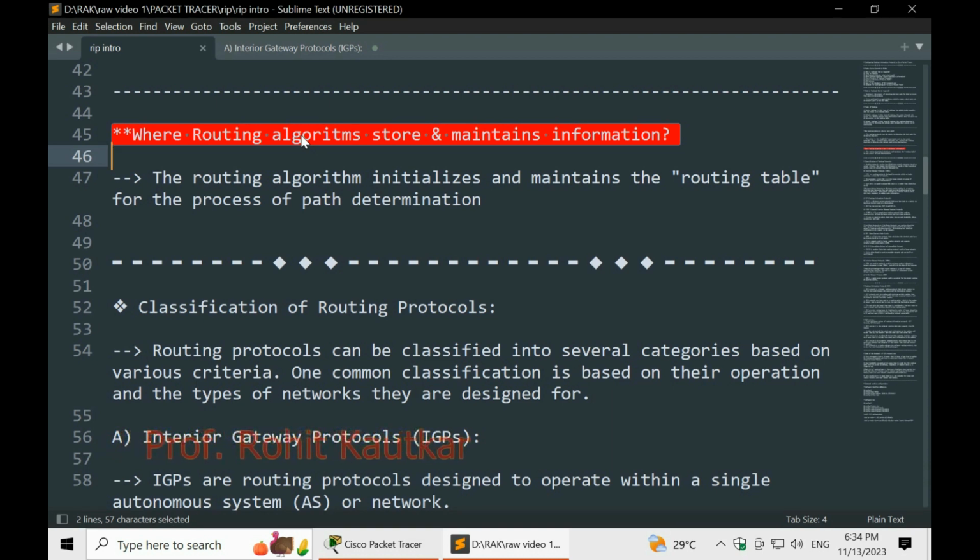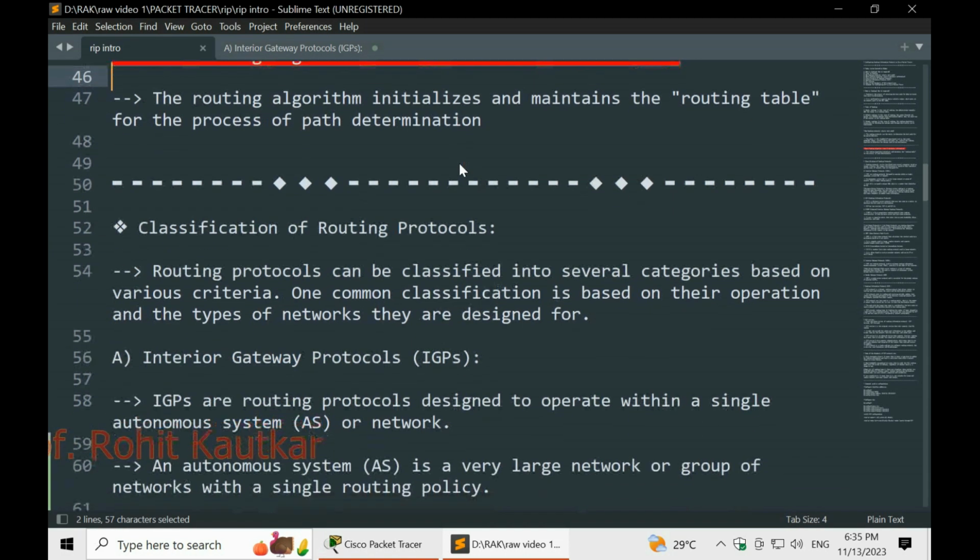Whenever they want to transmit a packet to a specific destination, they check this routing table. Wherever they find the minimum cost in the metric, on that path the data will be transmitted. So for transmitting data they need the help of a routing table, which stores all details about the paths that a router can use for transmitting its packets.